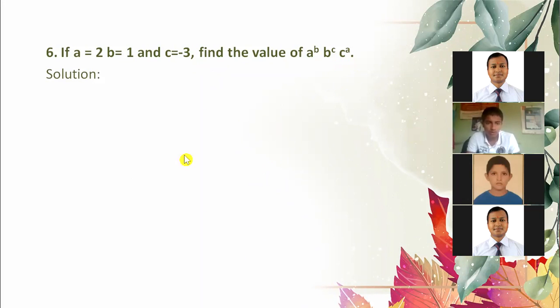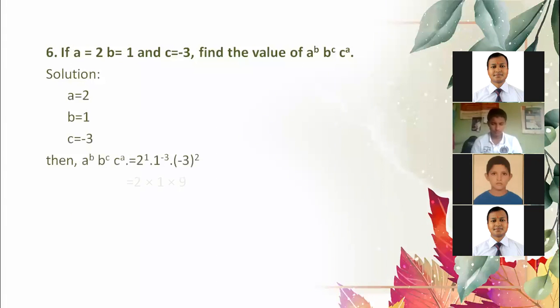Okay, for that at first write given thing. Given things are A is equal to 2, B is equal to 1, and C is equal to -3. These things are given. We need to find out this value A power B, B power C, C power A. This one we have to find out and put the value of A. Value of A is 2. Just remember we are putting the values only. A को value यहाँनिर राख्यौं. And this is the value of B.